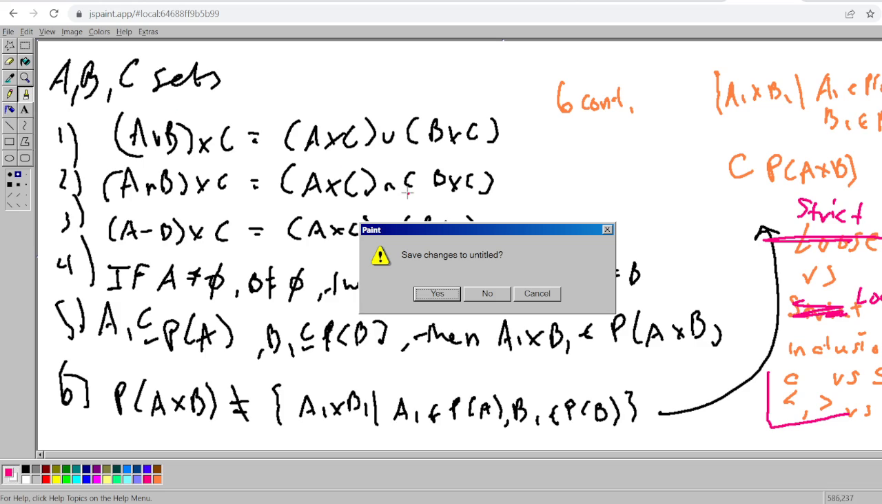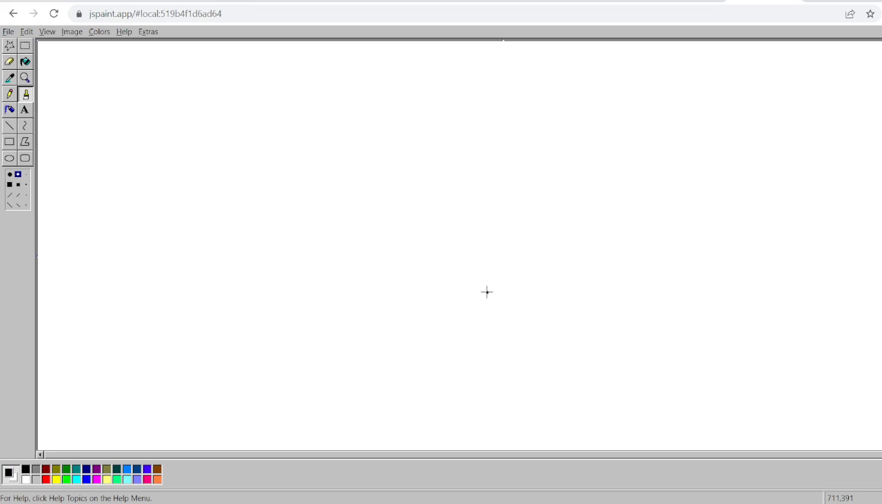Real quick, we can prove 5 because why not? I don't see the problem with that. All right, so we're trying to prove number 5 that I wrote, and let me rewrite it just so you know